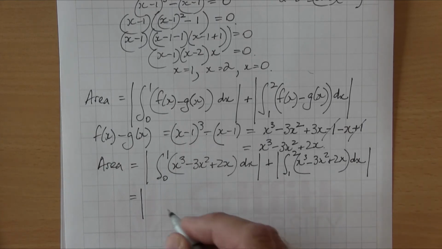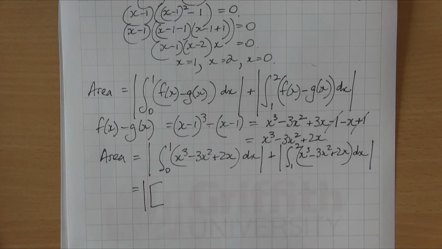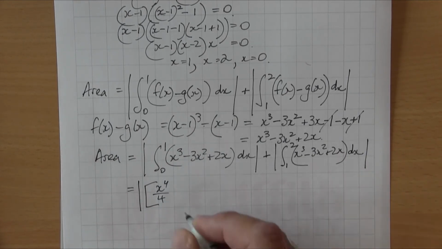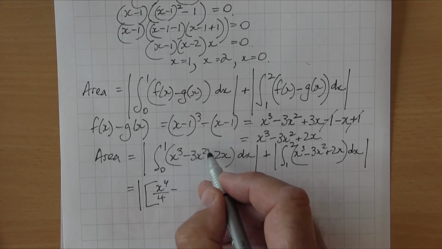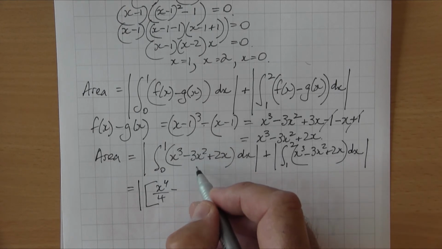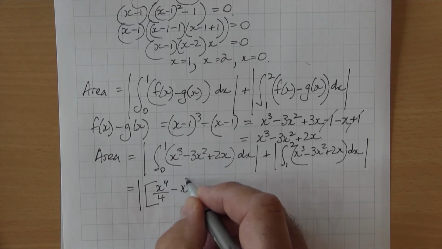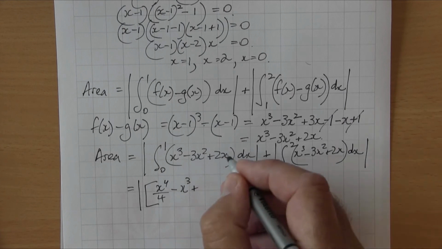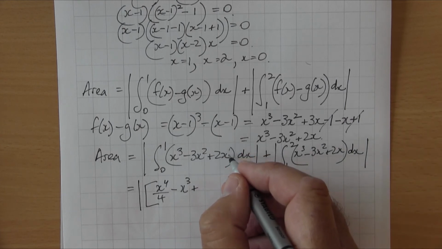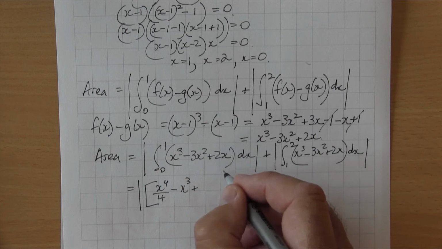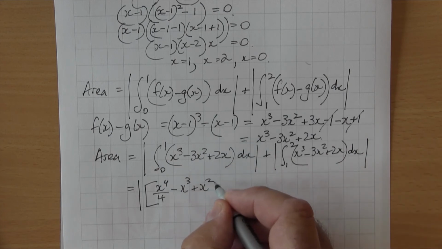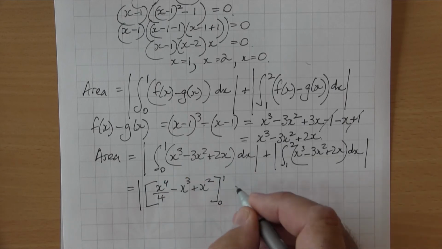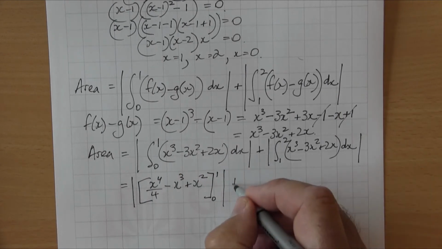We'll keep our absolute value. The integral of x to the power of 3, add a power on that power, minus. Now 3x squared will be x cubed on 3. The 3's will cancel, so that'll just be left with x cubed. And then the same with this one here. So you add a power. It's already x to the power of 1, so it'll be x to the power of 2 over 2. The 2's will cancel, be x squared. Now that one is going to be between 0 and 1, absolute, plus